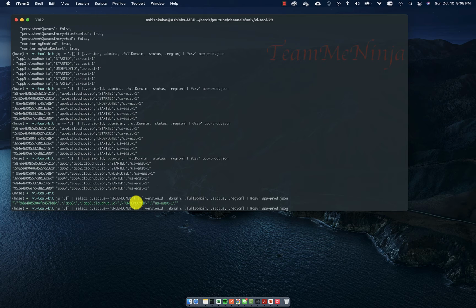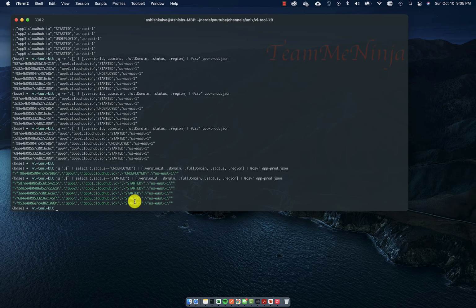If I change it to, let's say, started, and print it, I got all the started ones. It filtered out the undeployed one. You can actually add some more conditions here. For example,